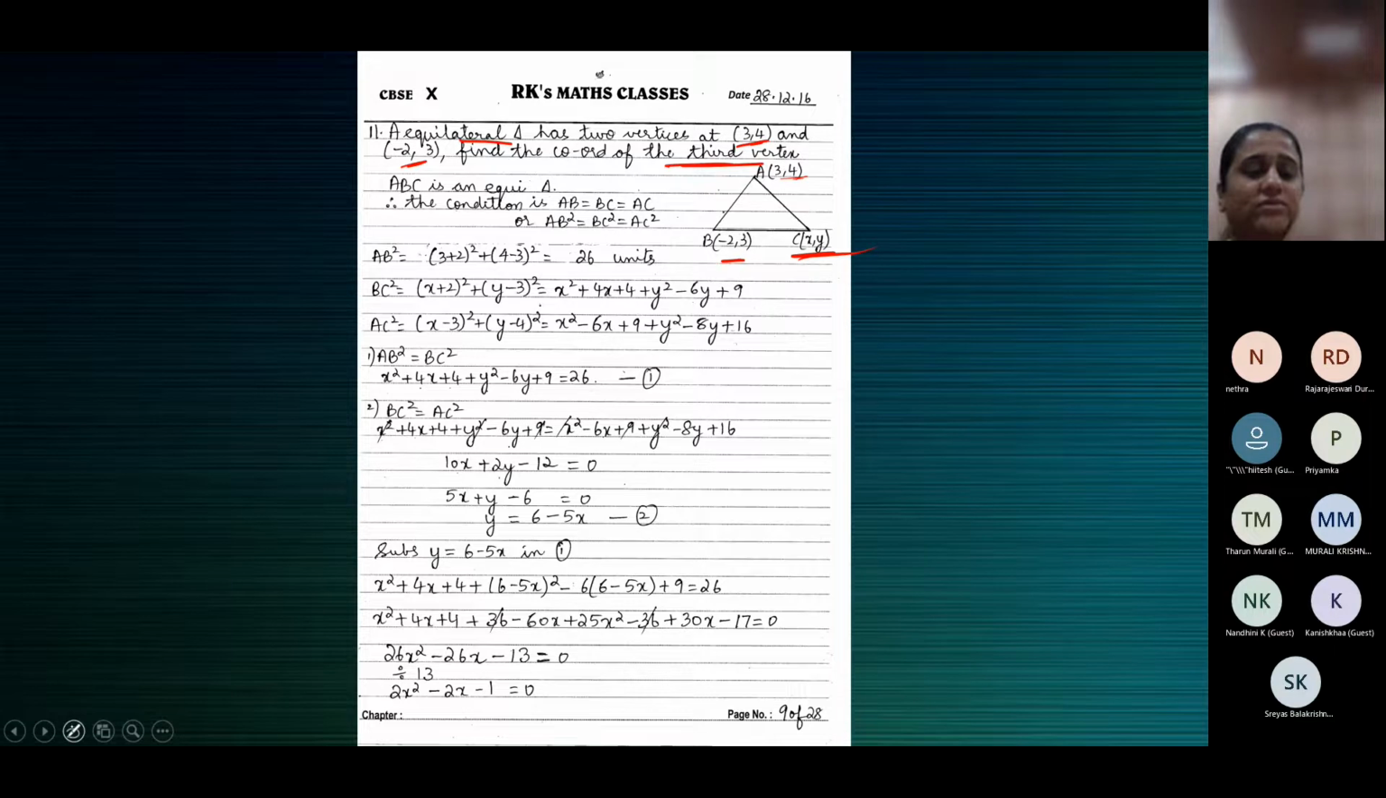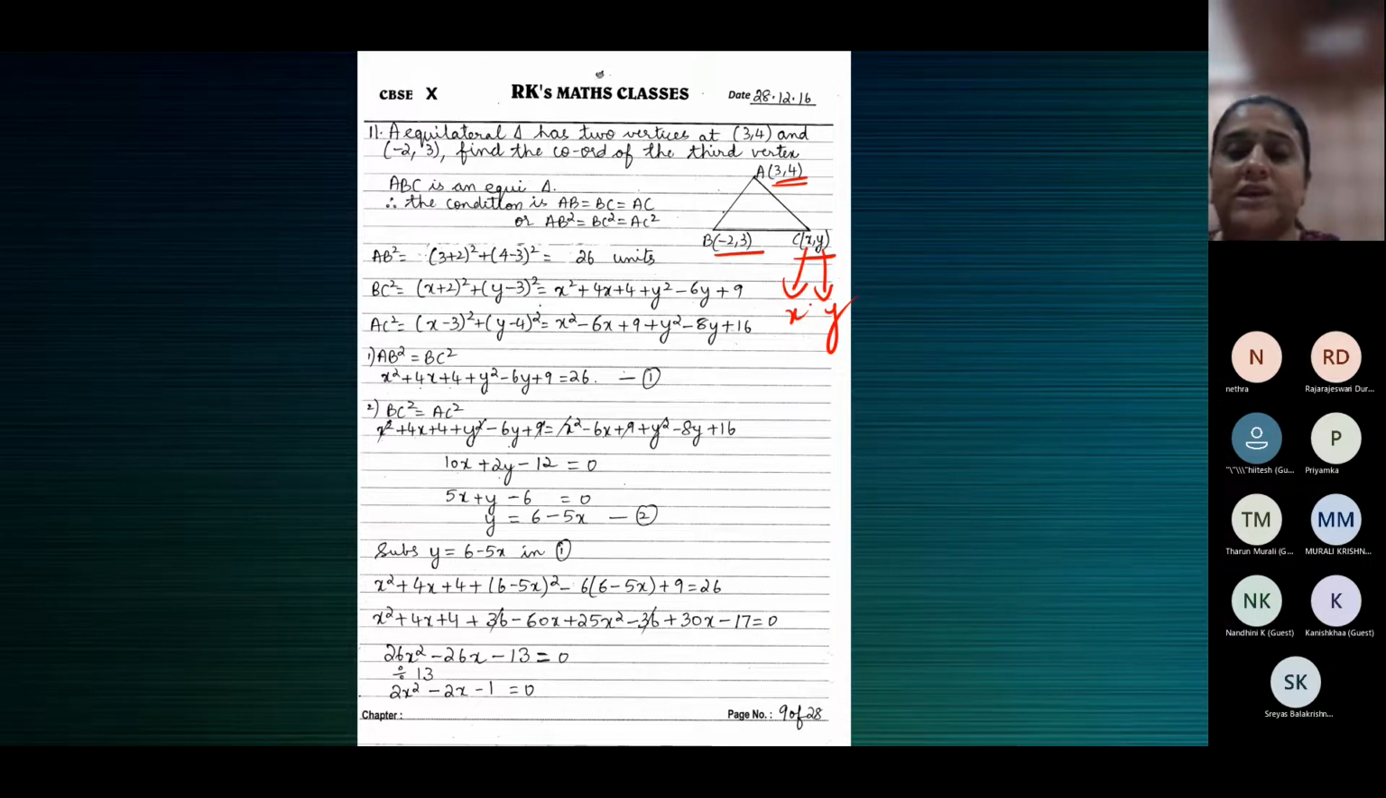So what is given to us? What kind of triangle? Equilateral triangle. And we have named it ABC. We know the address of two vertices, A and B. We need to find the address of C. So for that, you need to find the value of x and the value of y. Very simple. Just use the properties